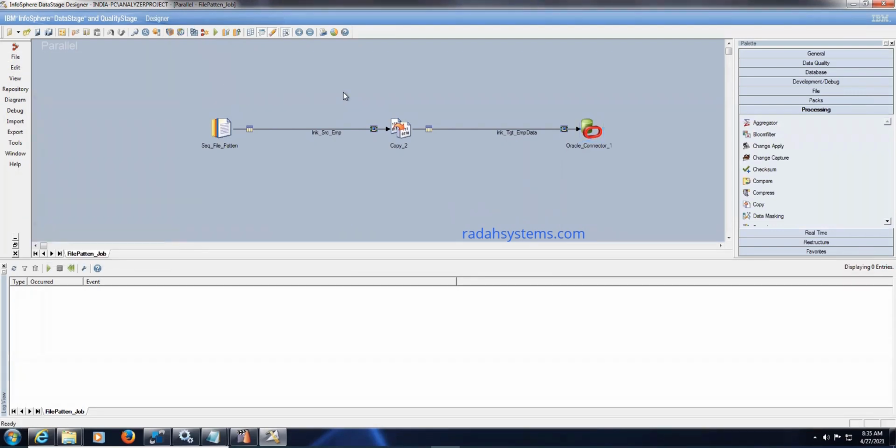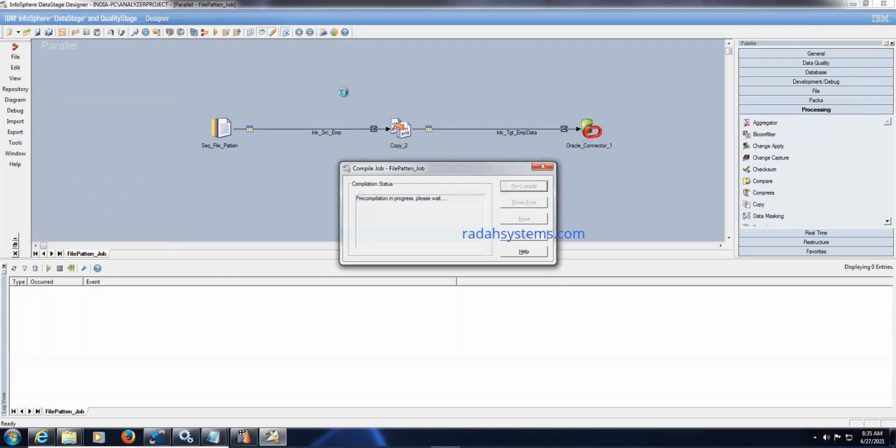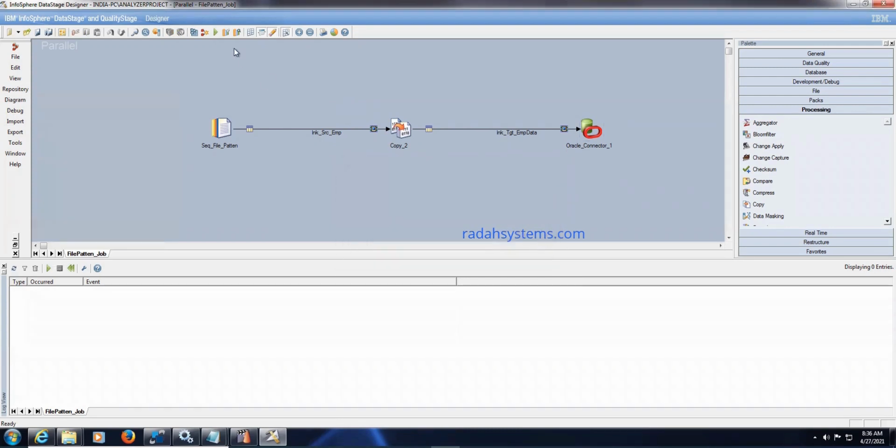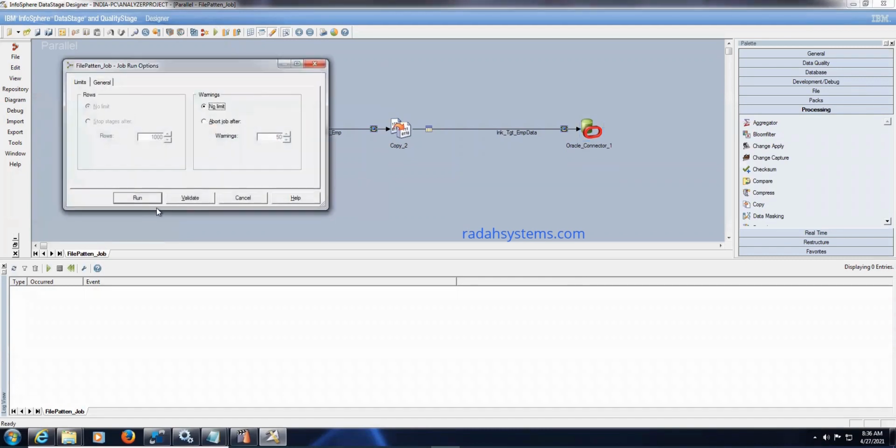If you press F7, it will compile. I just pressed F7. Now it is getting compiled. Now click on close and run the job.